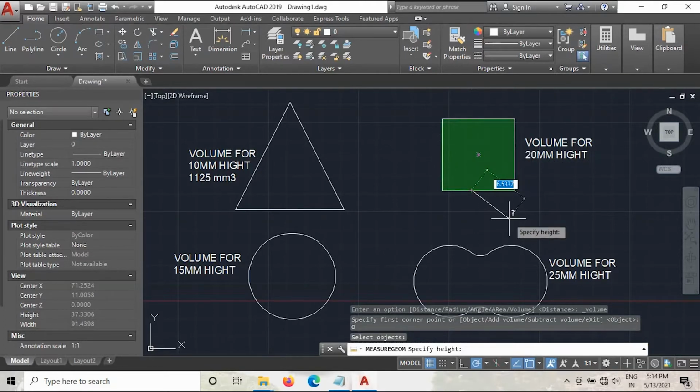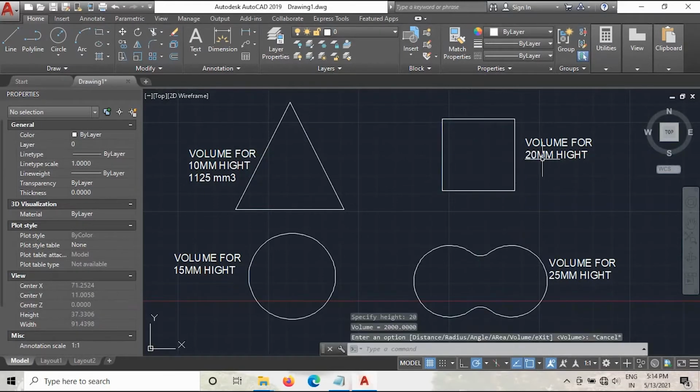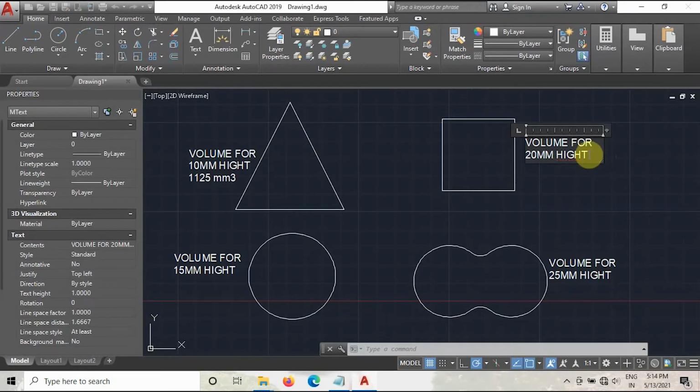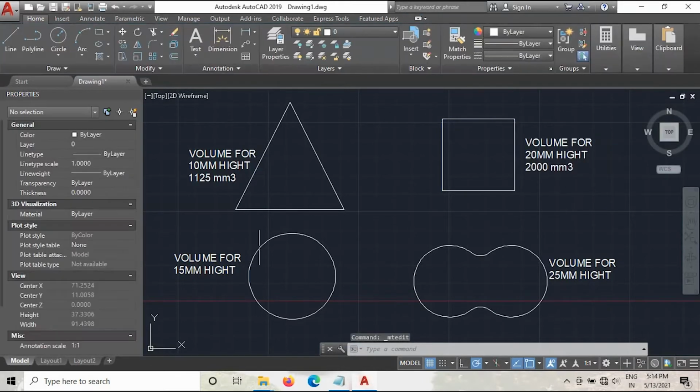How much height did we provide? 20 mm. As you can see, the volume of this rectangle is 2000 mm cube. Write it here.